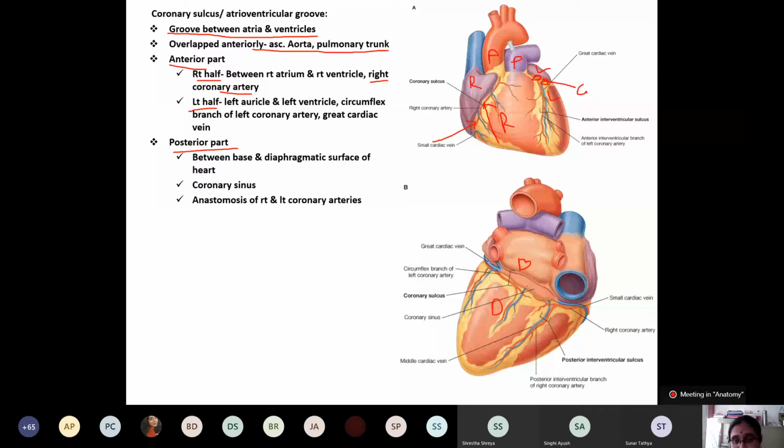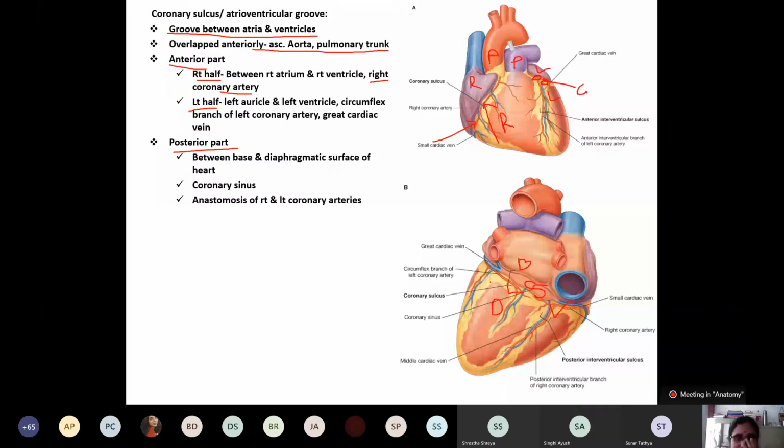This is which venous sinus? Coronary sinus. And the anastomosis of the right and left coronary artery. Okay, this is very important for the exam.